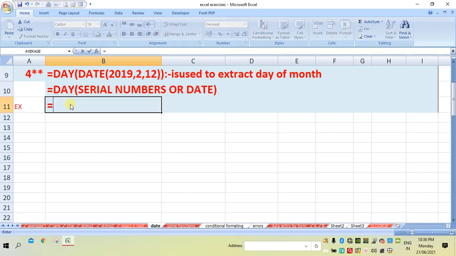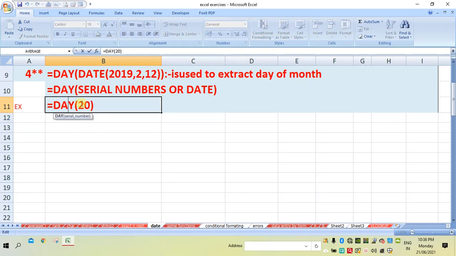So here I'll write is equal to day, and I'll write here the number, say 20, and I will consider that 20 is a day. So simply it will extract the day, in the sense it will give you 20 only. There is no other result it will give.